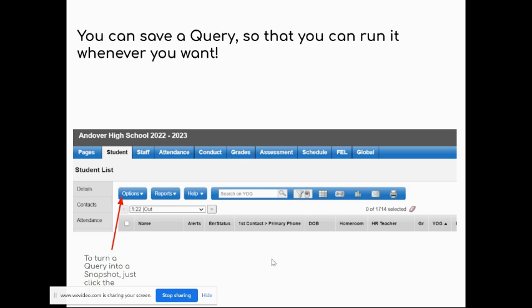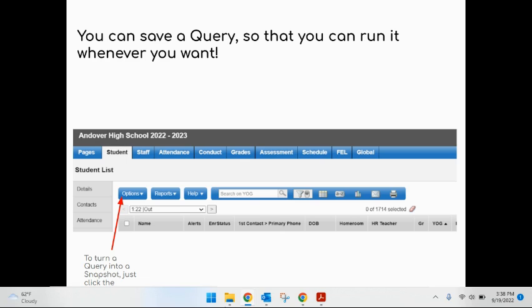This is a video of how to turn a query into a quick report so you can print it or use the data in Excel or Google Sheets. It's a great trick to be able to get your data out to a place where you can use it, sort it, filter it, and all that. There is a snapshot feature that we'll go over in another video, but this is quick report, which is a